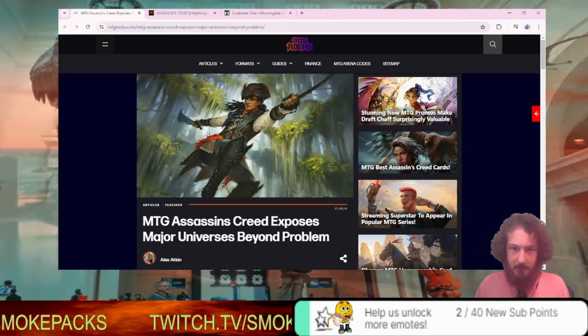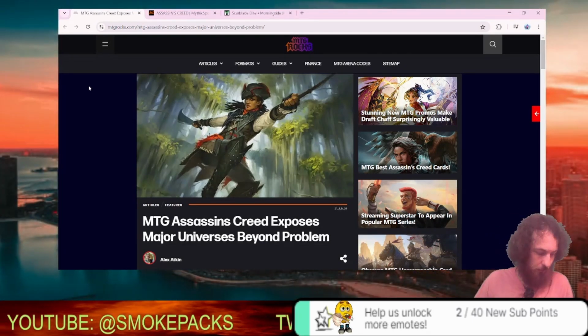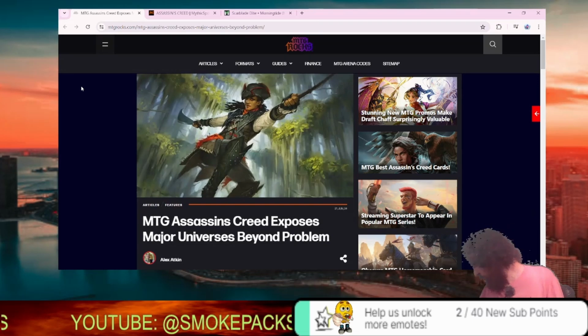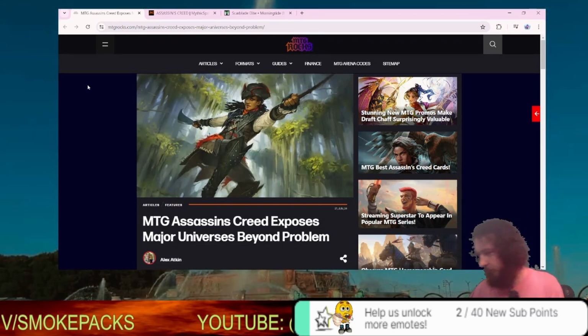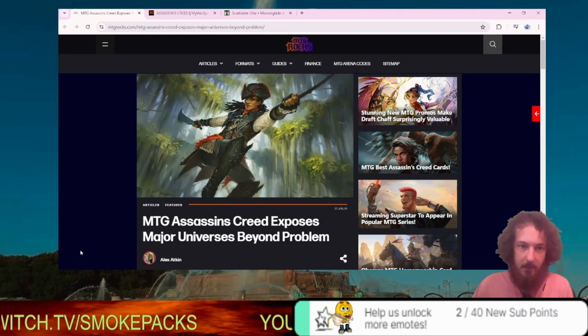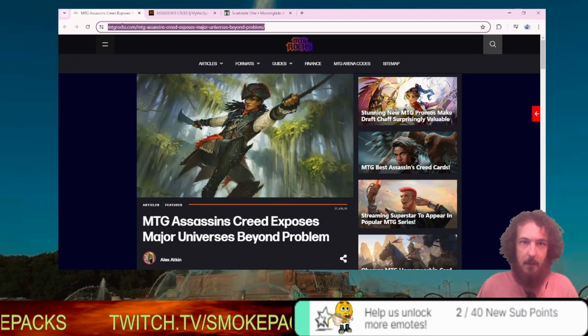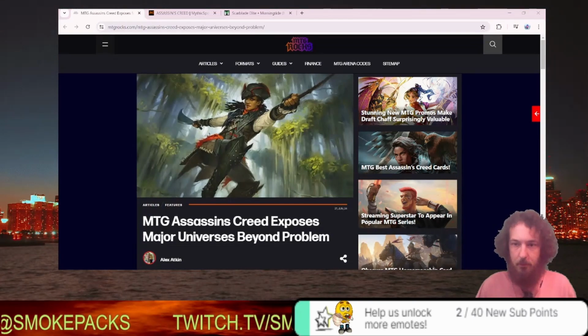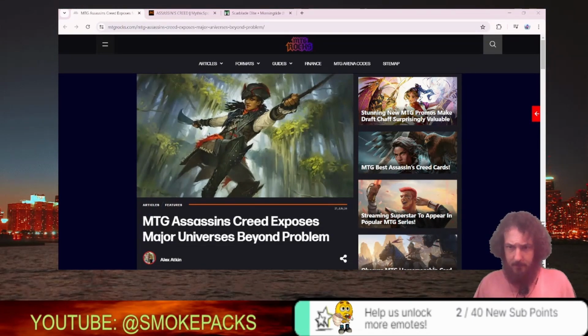Now, we're into the Assassin's Creed spoilers, which we're gonna shortly talk about. It's gonna be a full standard set based around Assassin's Creed. It's like a couple hundred something cards. And this article, I'll link it in the comments and we'll have it in the description too of the upload. This article, though, on